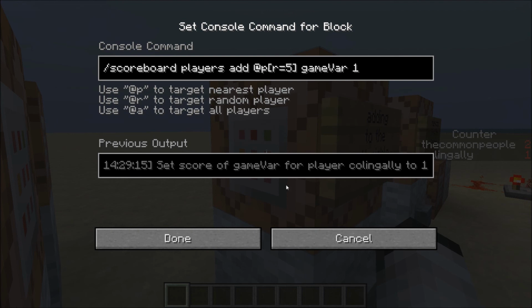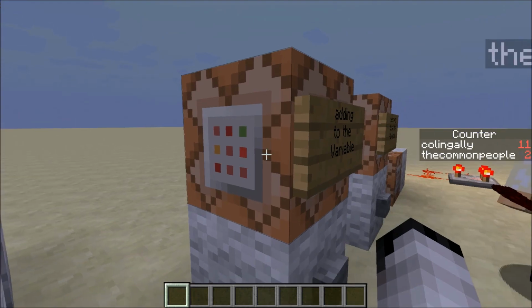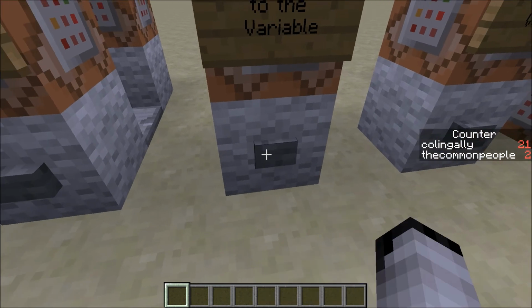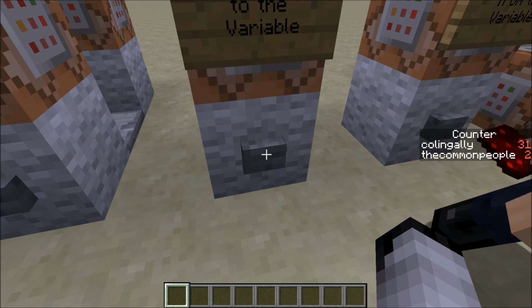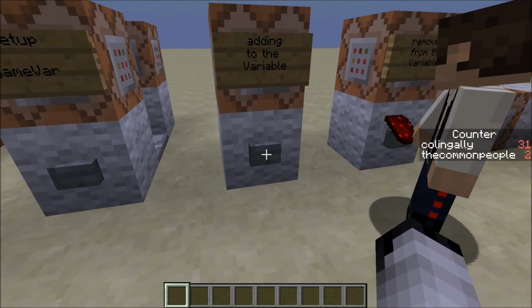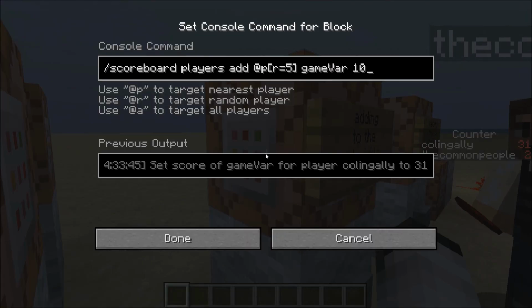Okay. So if I were to change that to 10 and press done, and then right click the button, you can see it goes up to 10 because you're the at p. Now the at p, at u, at r and at a does this. It says at p targets the nearest player. So if I wanted to target everybody, I would just change it to at a,